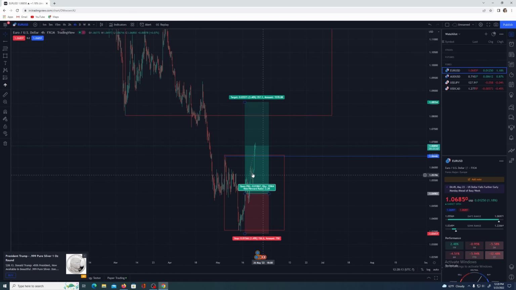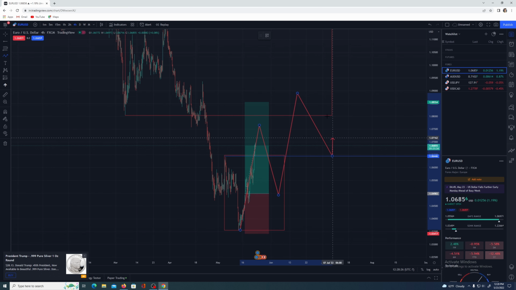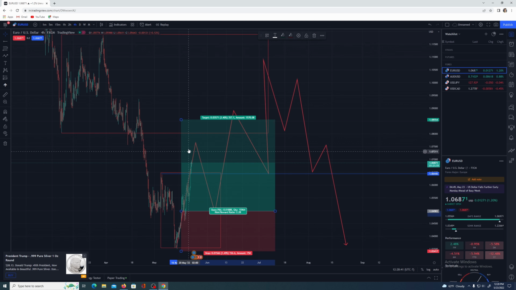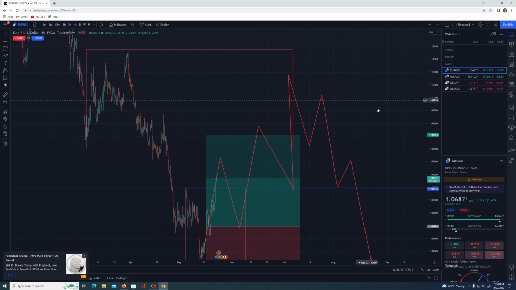So this 4-hour structure can easily just do this, right? It just broke structure, comes a little bit higher, comes back here, higher, mitigates the 50% of this, starts breaking structure lower, and continues lower, right? The market can easily do this. So what you're doing is you're going to be in this trade,